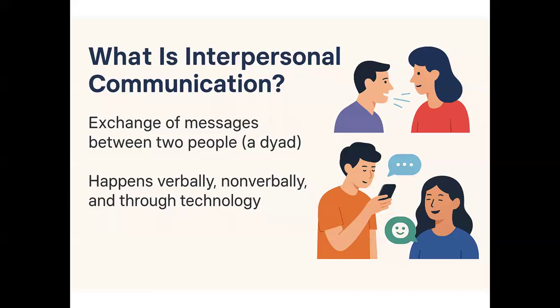So if I say something to you and I'm being sarcastic and I roll my eyes a little bit, I convey that message clearly, not only through verbal but through a nonverbal. Whereas if I just say the same thing with text with no other context, the meaning can get a little bit muddled. So we do have to adjust our communication, our interpersonal communication, for the situation at hand.